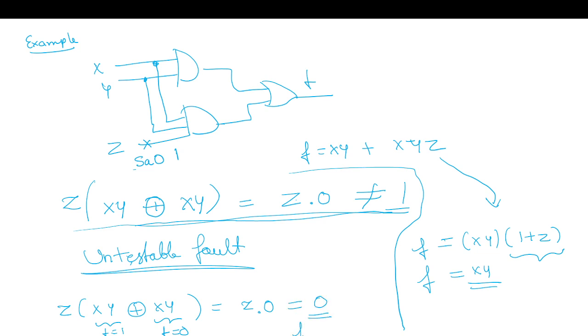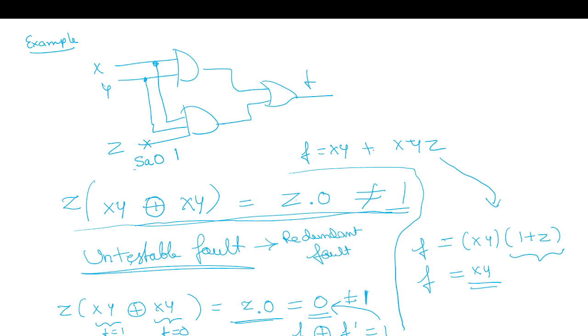But we want a faulty circuit XORed with a fault-free circuit to give 1 to generate the test pattern. But we are getting 0. So there is no vector possible which can give me 1 to this. So such faults are untestable faults. And this fault is also called a redundant fault,